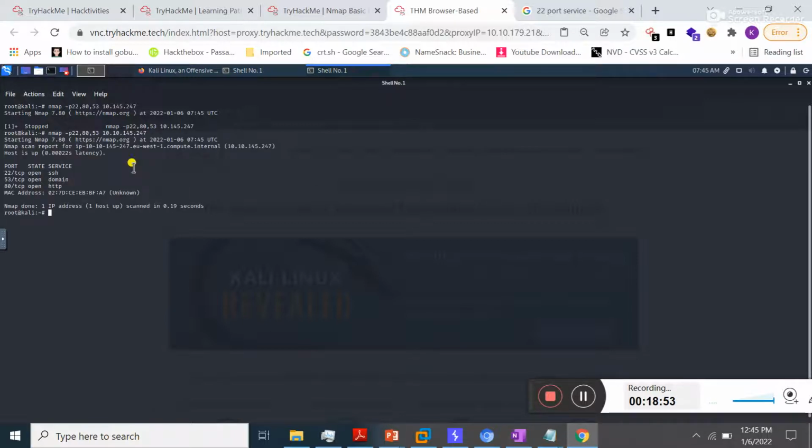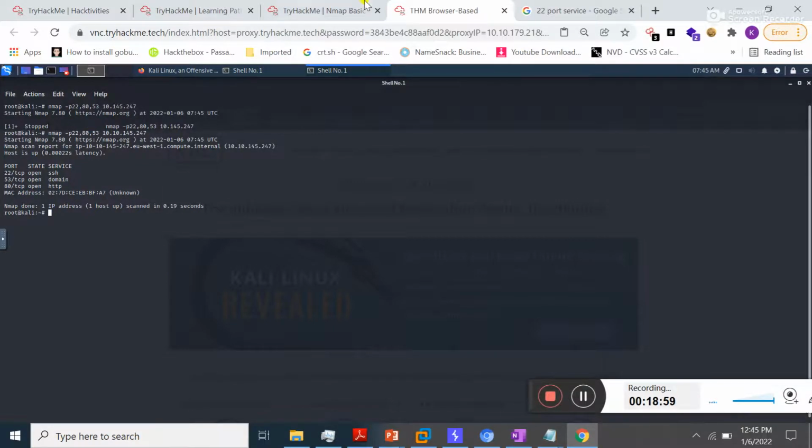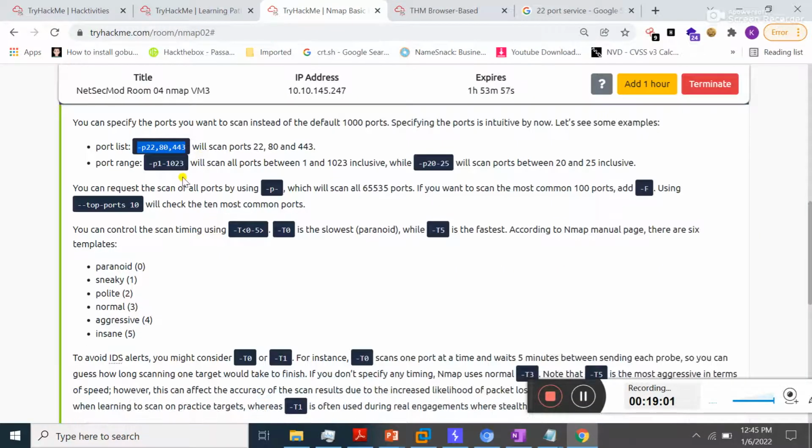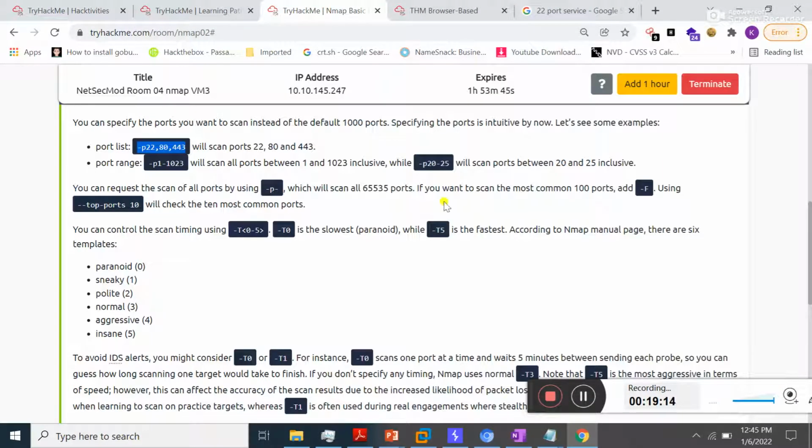Okay, my IP address is not correct. I should correct the IP address, that is 10.10, and press enter. It means now Nmap performs scanning against these three ports only. You can specify port numbers by separating each port with a comma. You can also give a range of ports. When I use this command, I specify the range of ports between 80 to 100.